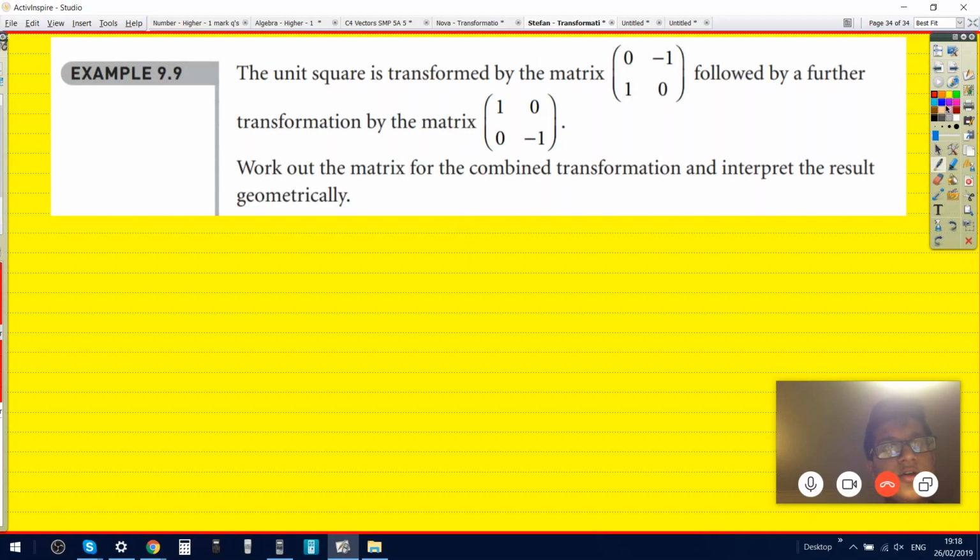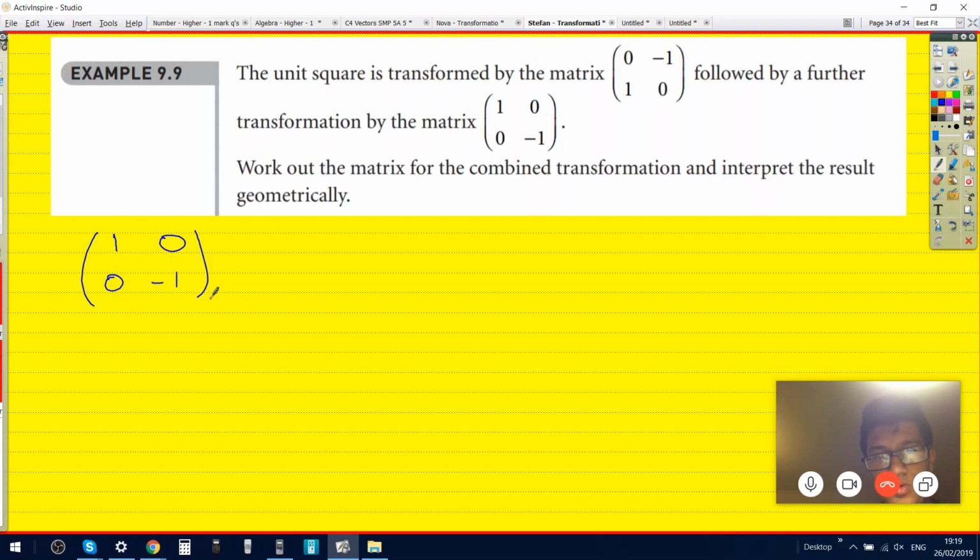So that means, do we do 1, 0, 0 minus 1 times 0 minus 1, 1, 0? What I would do is I would multiply these two first, and then multiply your answer by the unit square. Fine, okay. So you have 1, 0, 0 minus 1. And then you times it by 0 minus 1, 1, 0. Giving you,